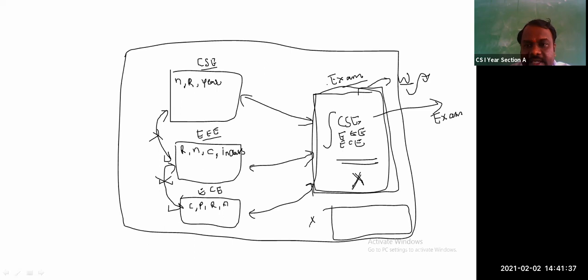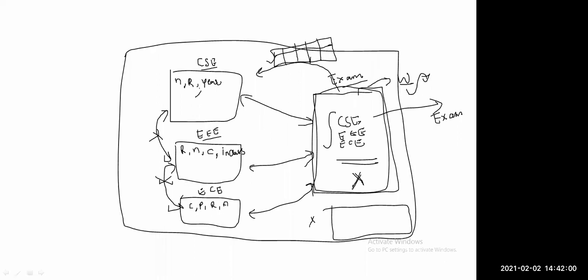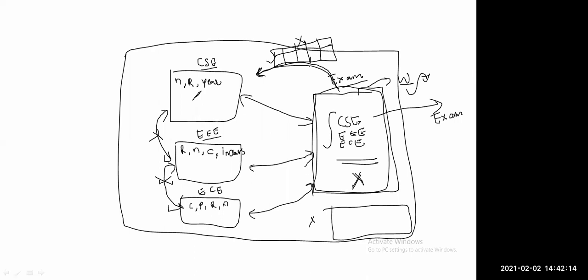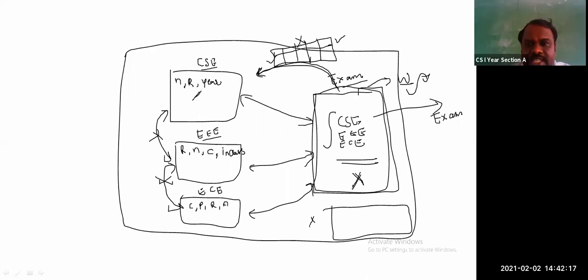In such a case, what happens? The exam branch will convey to all these departments: I need this kind of information, try to send this kind of data. At that time, either these departments send the data in the exam branch's given format, or they delete this document and prepare their own document. They will give only the exam branch's given data.